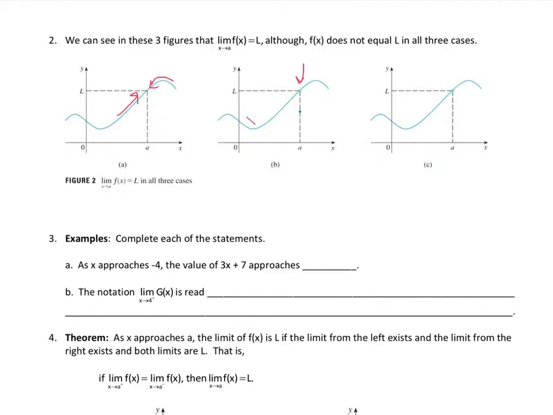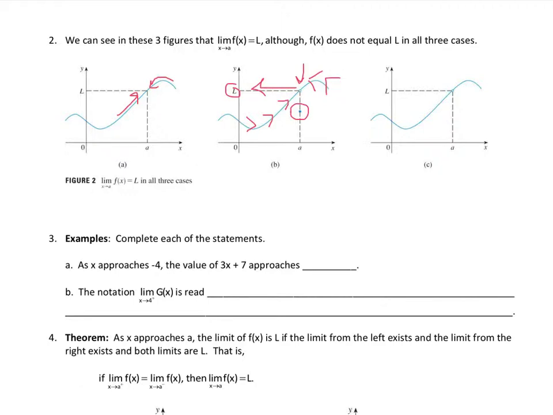So you'll notice we're doing the same thing here. I'm getting closer and closer to A along the graph, and then I want to look over and see what my y value is as I get close. And again, it's L. Even though the actual value of the function is down here, something less than L. And then example C is very similar to B, except the function doesn't exist at A